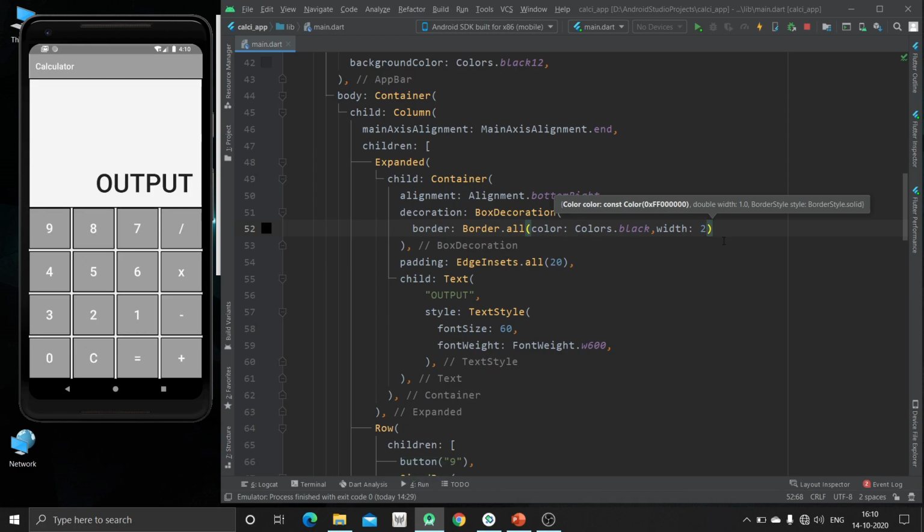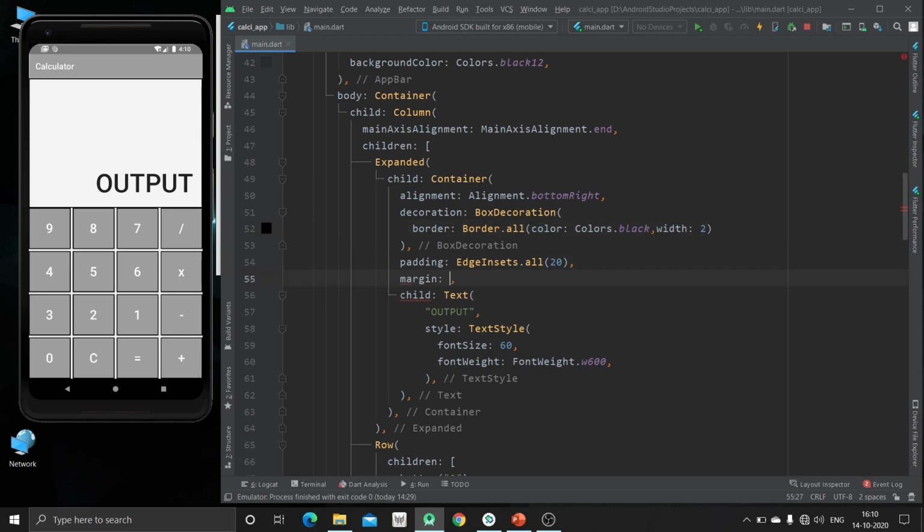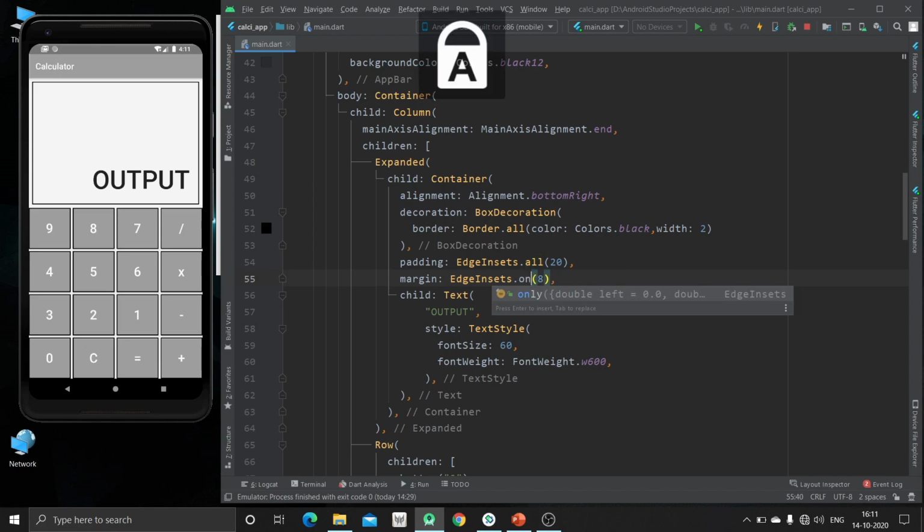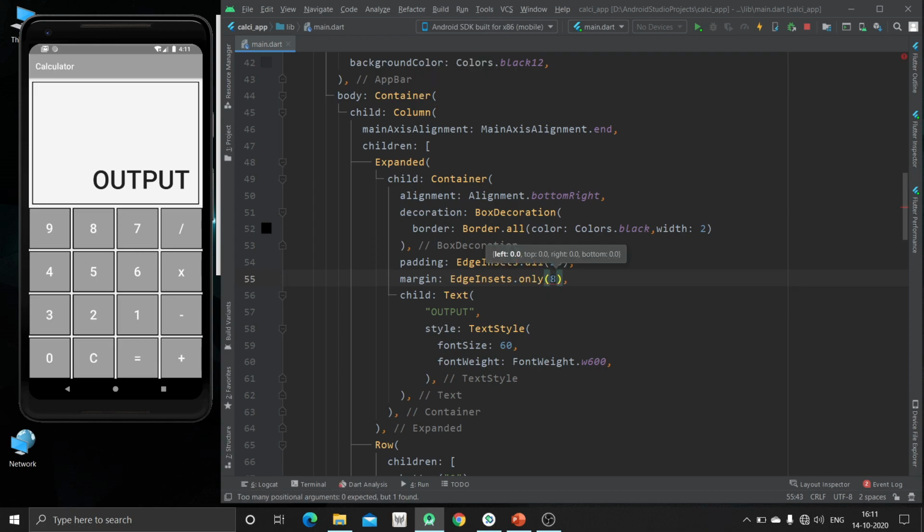Okay, we have some padding, and we have to specify margin. Edge insets all, somewhere about 8 would be okay. Yeah, not from all sides, just make it only instead of all, and it should be from the bottom only. Now it's good.